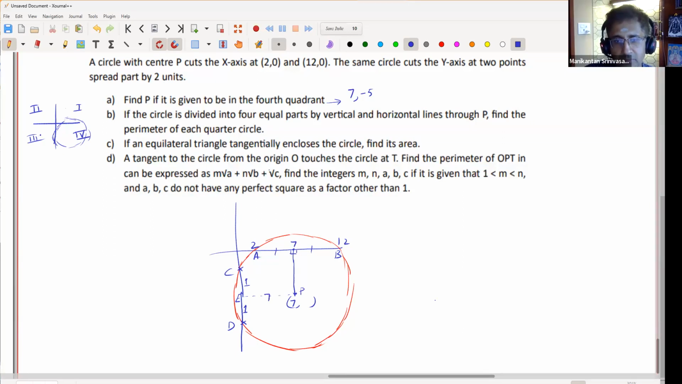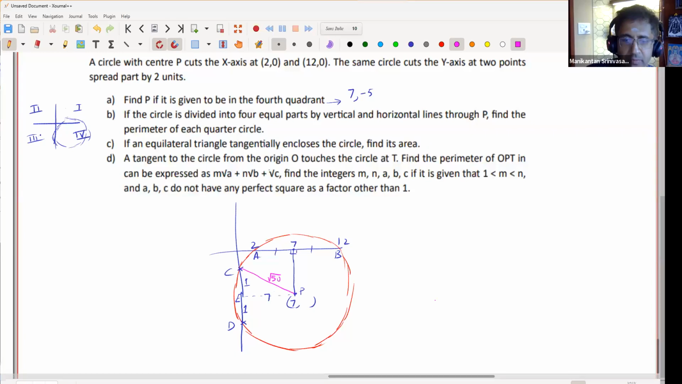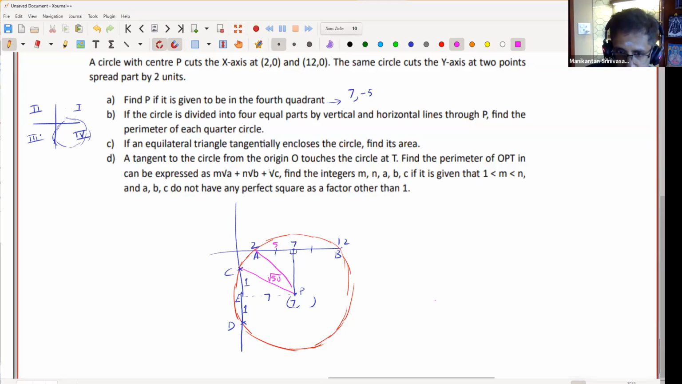Then using Pythagoras theorem, you can get the radius. The radius is the square root of 50, right? 7 square plus 1 square. Okay, so far so good. Continue. Once you have the radius, I think I used the distance formula. So this is 5, and the radius is also root 50, right? Yeah. And therefore I can find